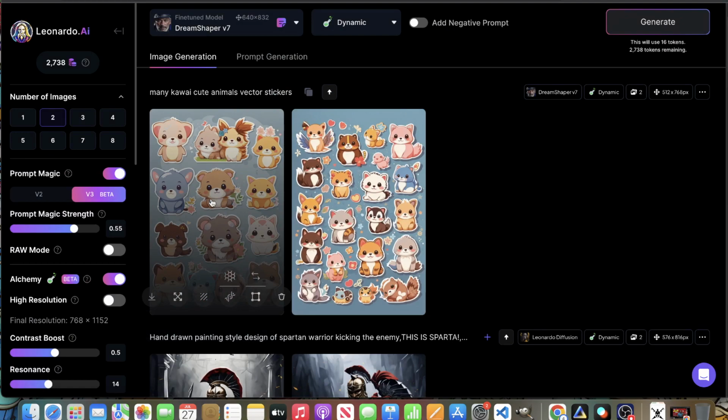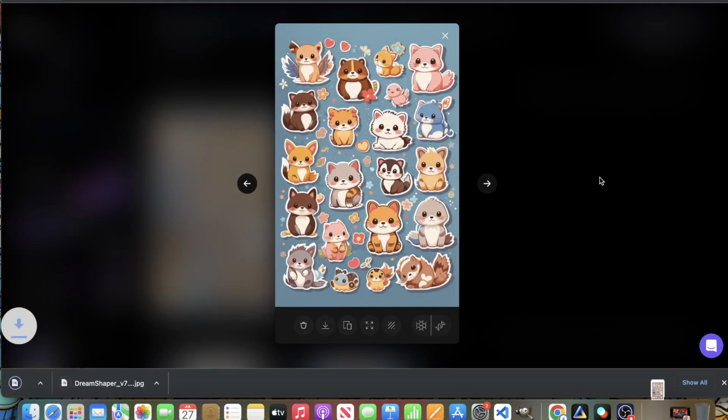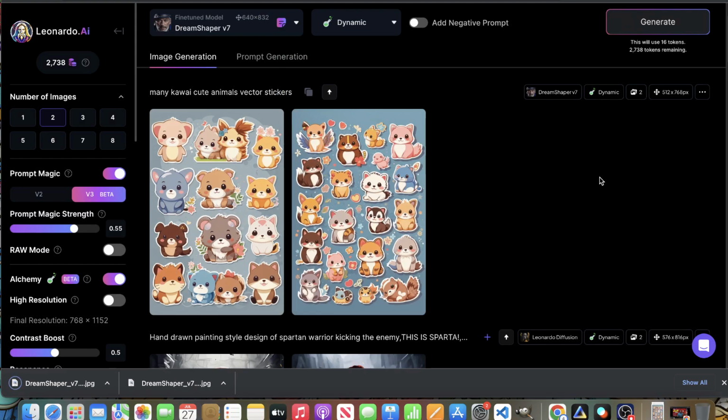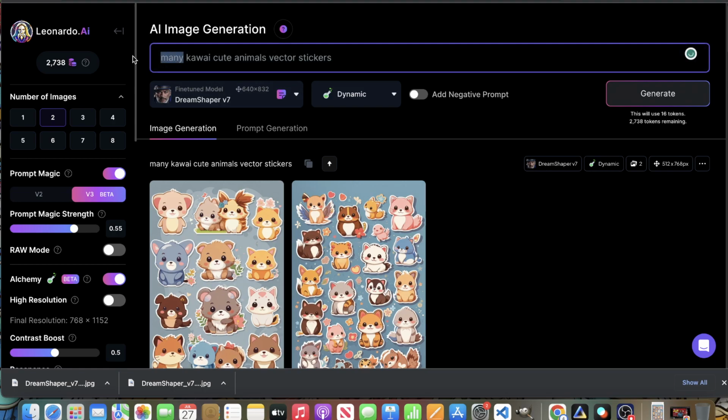First thing is download them, okay? So I'm going to show you what to do, but just download them, and we'll get back to them in a second. If you want to switch up things, you want to have characteristics, you can switch the word "many" to something else. Like, so if you want, let's say,